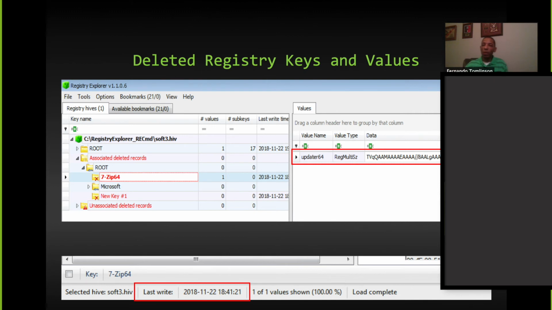The interesting thing about this, as we talked about last write time, is I can't do that inherently, but in one of those third-party programs, we can. So we see the last write time, i.e. the time in which I deleted it, was at that date shown before us. Okay, so this is good because I see where an actor could cover up their tracks, but I also see a way in which I could highlight this and find it.